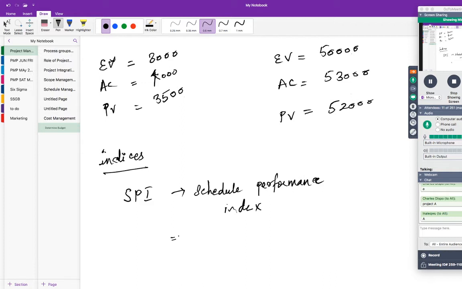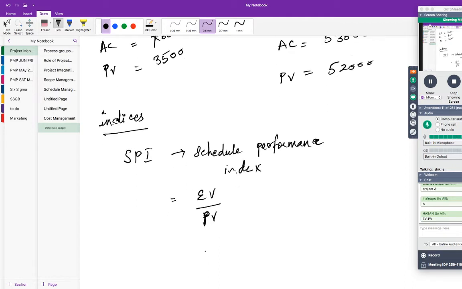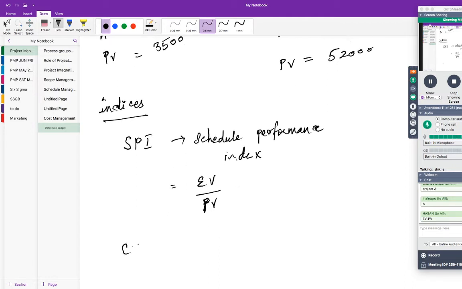What is the formula for schedule variance? EV minus PV, correct? So what is the formula for schedule performance index? It is EV over PV. Okay, EV over PV. In other words, EV by PV, right? So cost performance index is equal to